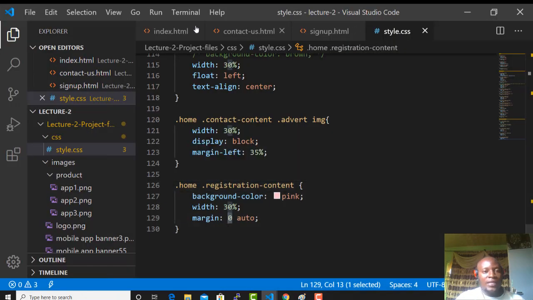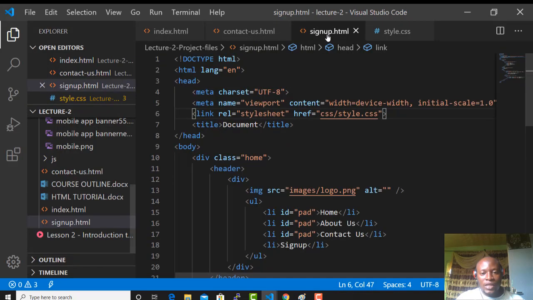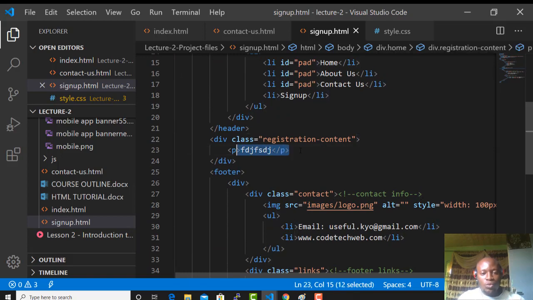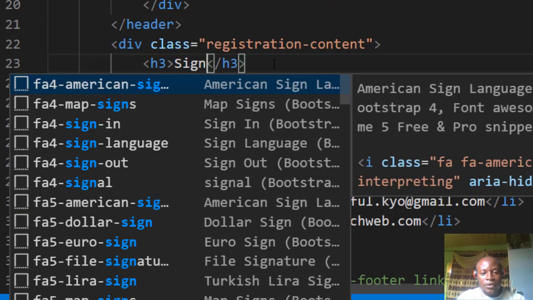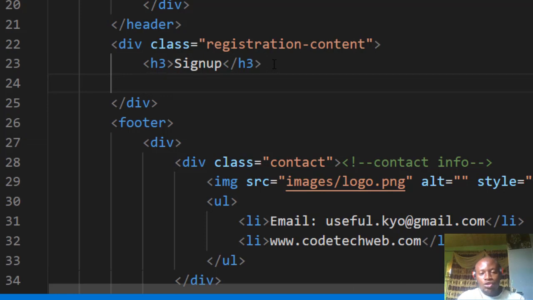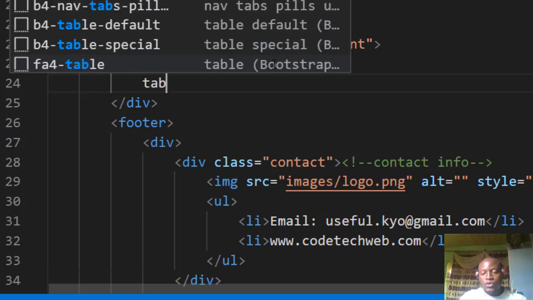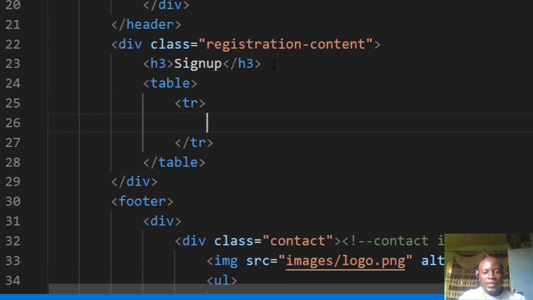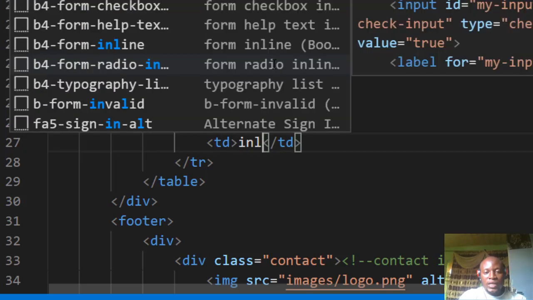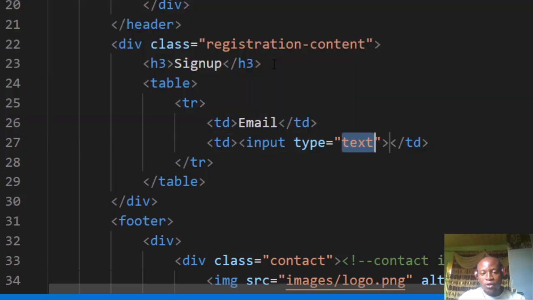So now let's head straight back to our signup.html, and the first paragraph that we are creating here, I will instead change it to maybe h3 and call it sign up, something like that. And at this junction, let's say you want to create your form following the same approach that you have done before. That means you want to create a table, you want to create a row, you want to create a column, and inside this column you want to put email over here, and in front of the email you want to put input